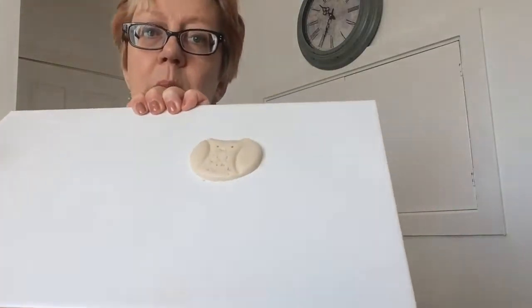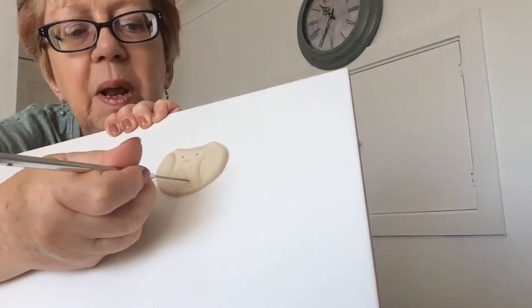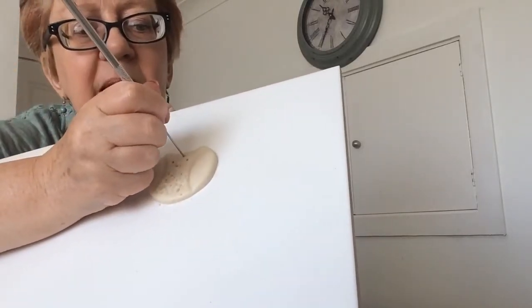Now, with a pointed pencil or skewer, I'm using my bead hole maker, but you could use a sharp pencil, anything, even I was using a paintbrush yesterday as well. So with that, I'm just making where I want the eyes to be, where I want the beak to be. I'm going to make some holes all the way down, just with my, I could show you this. Can you see? I'm just doing feathers, so also you could do this with a blade of the scissors, like that, and a hole at the top for hanging it up,